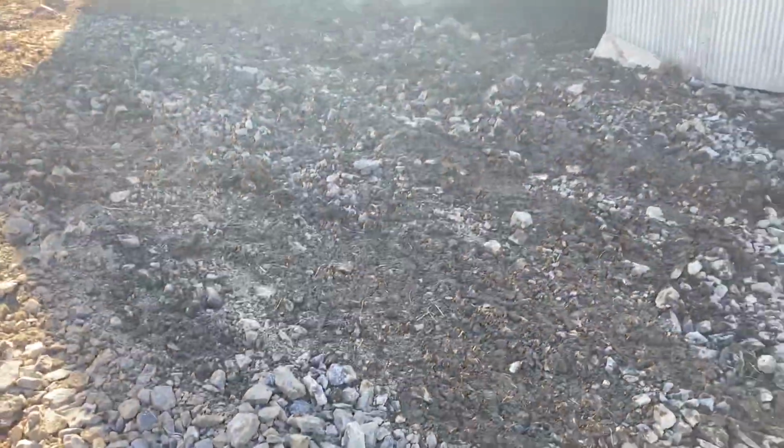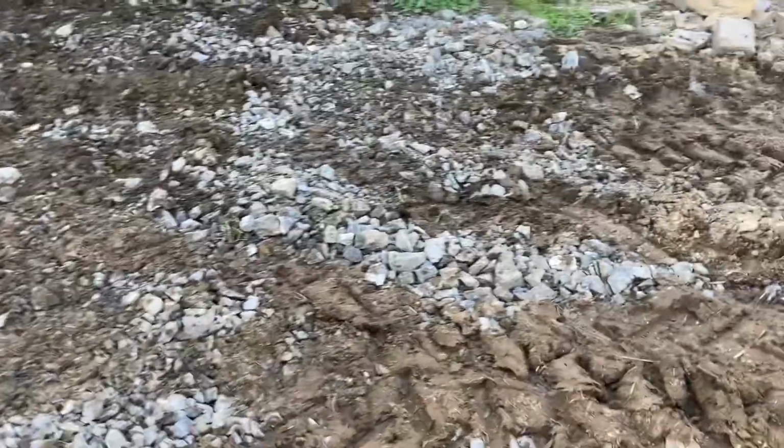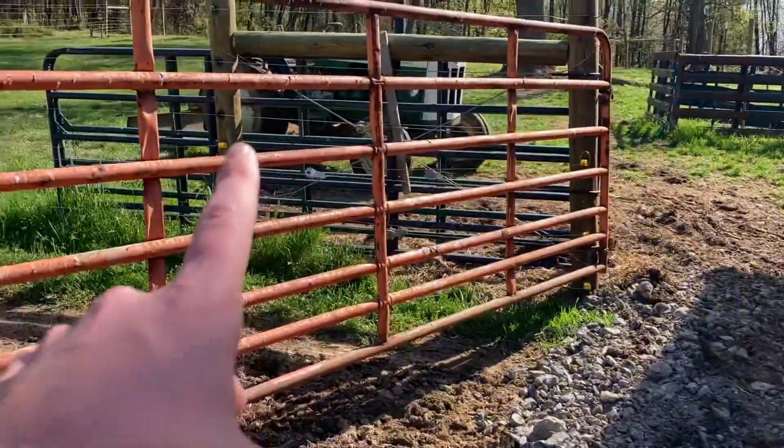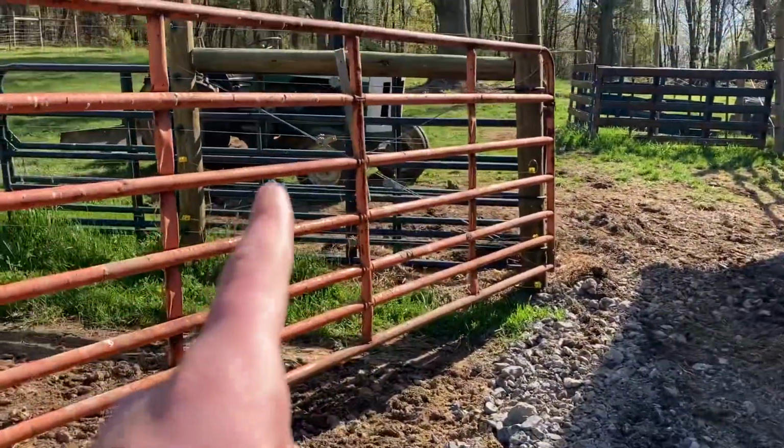So we got 4 ton of these big gravel. It's Crusher Run, it's got Crusher Run in it, but it's also got these big rocks, so it'll help pack, but it's also, you know, the big rocks. So we worked on it a lot on Friday, I guess it was. Friday's when we dumped it and everything. Today's Monday. We had to leave, so we didn't get to finish, so I just got the tractor back out again,